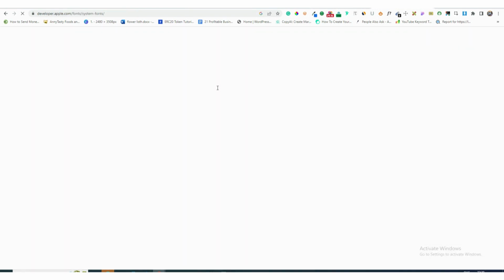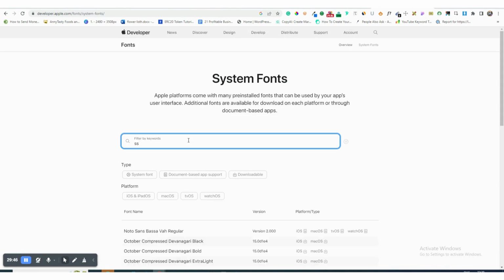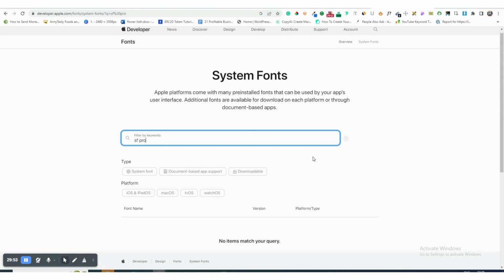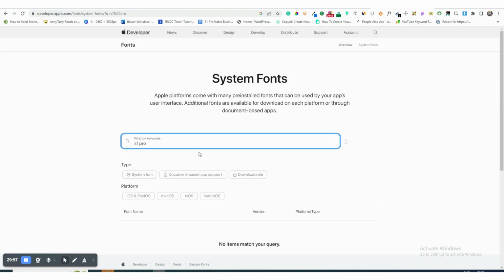So searching for it, I'm going to search for SF Pro. That's the name of the font that I want to use. SF Pro. No items match your query. These people are not updated, perhaps. So I'm just going to go straight to Google and say